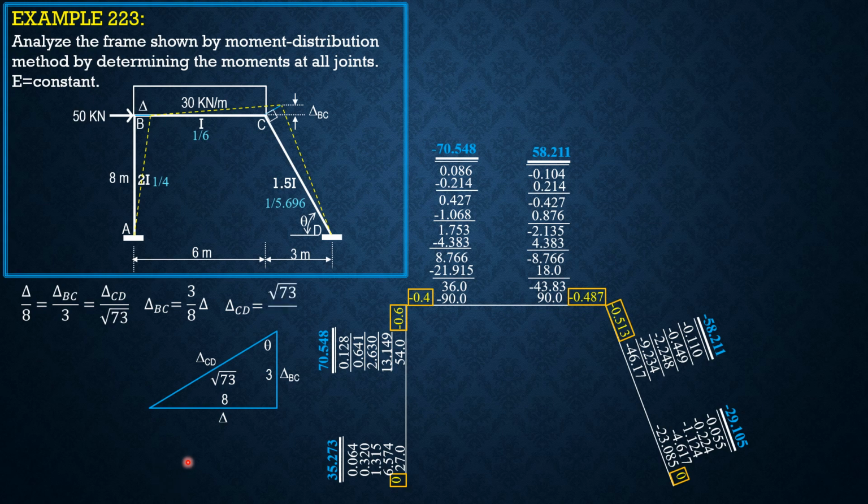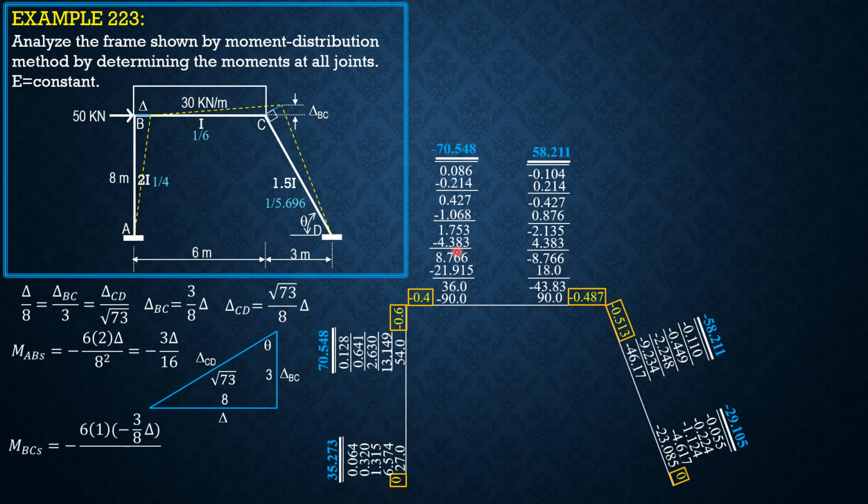So it is positive delta over 16, while for CD is negative 6, EI 1.5, delta CD is square root of 73 over 8 delta, positive, because the rotation is clockwise, over length square, so negative delta over